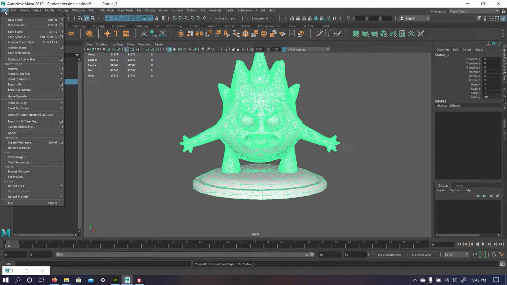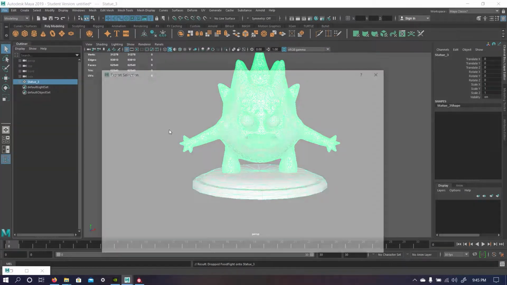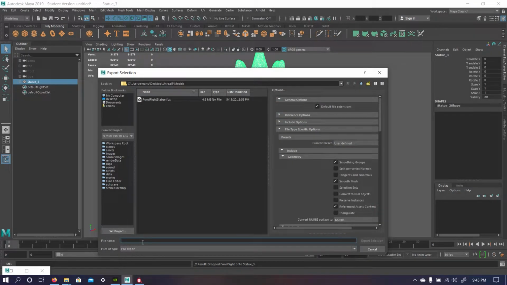So what I'm going to do is go to File, Export, Export Selection, and we're going to give him a new name. His name is Food Fight, and he's from this one show that I saw a long time ago. I think it's called Skylanders. But anyways, what I'm going to name him is Food Fight